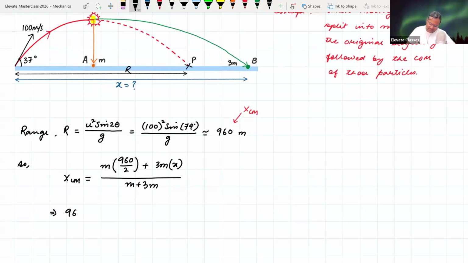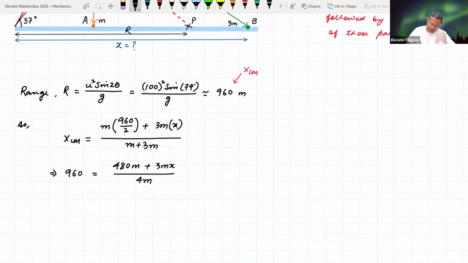So this is nothing but xcm is equal to 960. This is equal to 480m plus 3mx upon 4m. So therefore this becomes 4 into 960, that is 3840, times mass is equal to 480 mass plus 3mx. तो mass तो यही कैंसिल हो गया